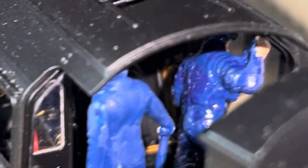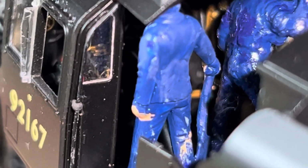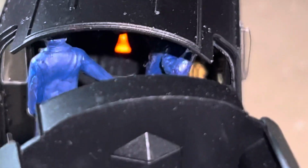doing what he has to do. He's got like a pickaxe, sort of pushing out the coal. The other guy's got a shovel. So it looks like they're helping each other out. Driver's probably helping out. Sometimes they did, you know, because they're all ex-firemen themselves. Yeah, so